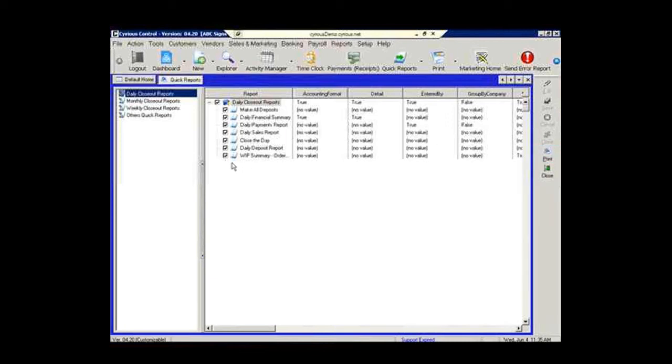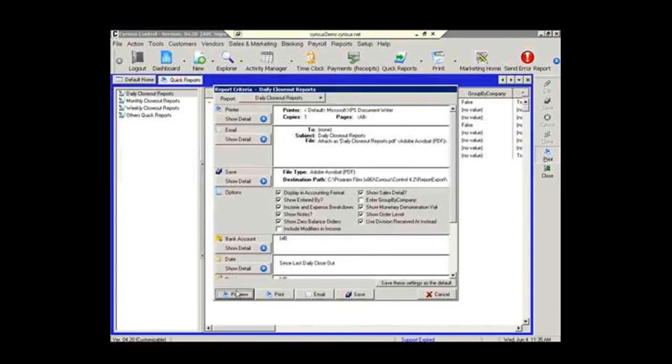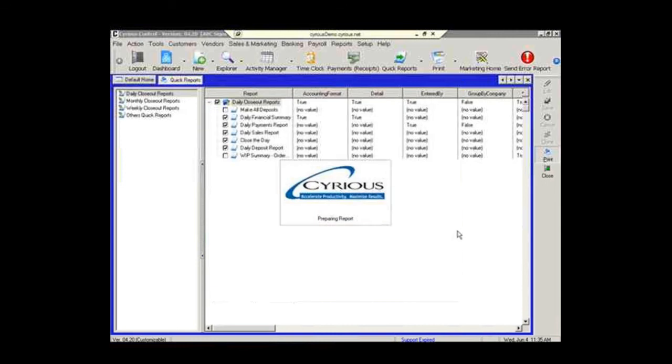If we decide that we don't want to print a report, or we don't want to complete an action, we can simply remove the check mark for this one time, and those will not be initiated. So I'm going to choose the print button, and then rather than send them to a printer, I'm going to preview so that we can see what the process would involve to actually carry out